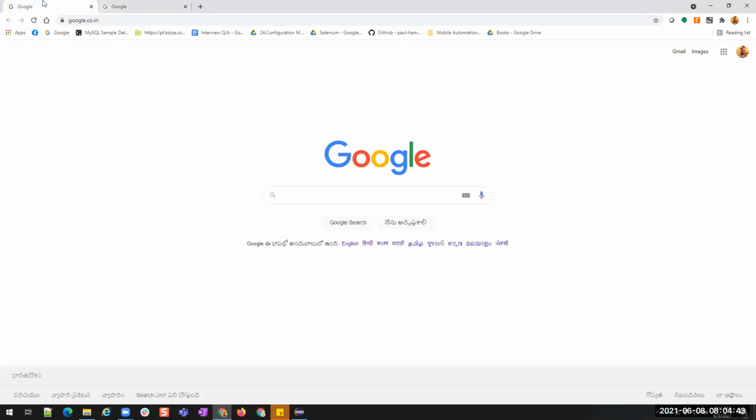I still have one other window which I opened using this driver. If I want to close all the windows that I opened using this browser, then I use driver.quit, which will close both of these tabs. Understood?